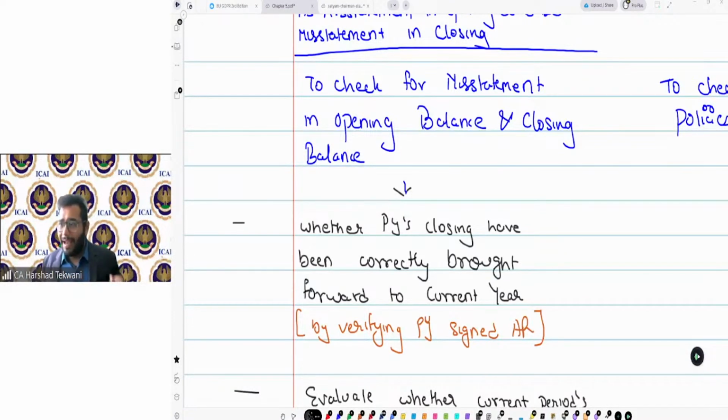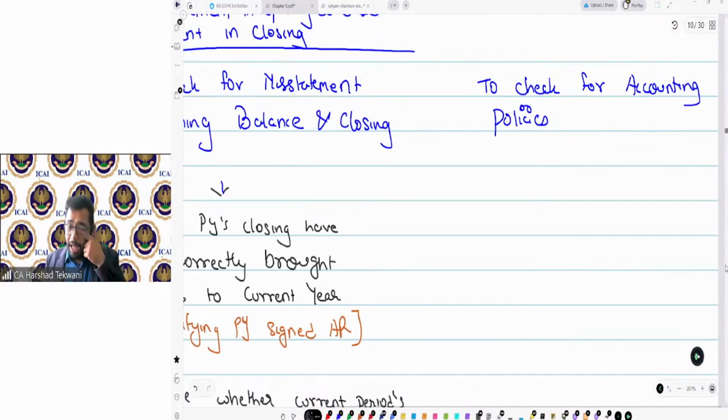Now, the second part was accounting policies. For accounting policies also, you need to check application of accounting policies and consistency of accounting policies.